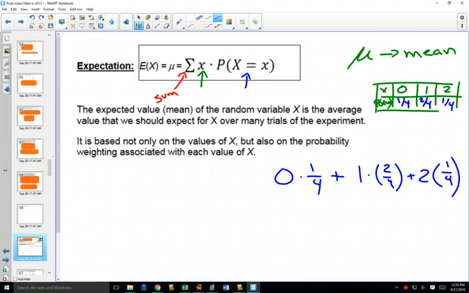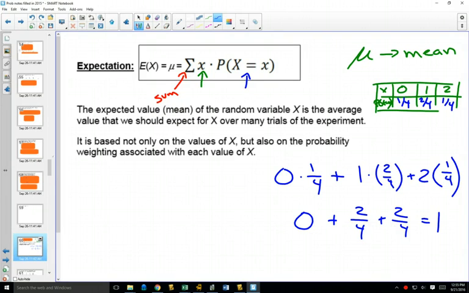If you flip a coin twice, what would you expect to get? How many heads would you expect to get? What do you think the average would be? So if you think about it, if I flip a coin twice, what do you think on average? How many heads will I get? 1? So if we look at this and actually add it up, this will be 0 plus 2 out of 4 plus 2 out of 4. And sure enough, you're right. What you would think is what actually comes up with the formula, that on average you will get 1